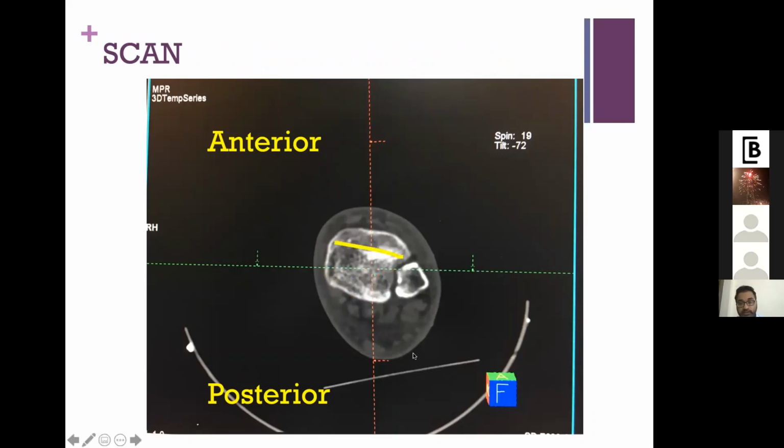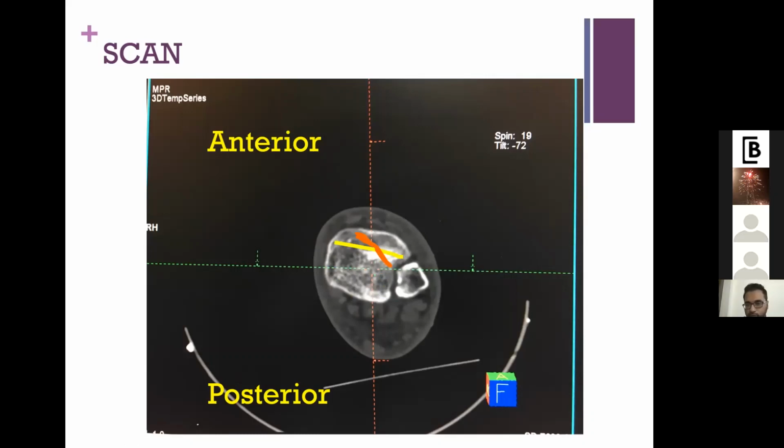And if the fracture is in the anterior part, then definitely there is no use of going from the posterior aspect. You should think of an anterior approach, mainly anterolateral or anteromedial, depending on where the fracture fragment is. And if it is a Chaput fracture, where there is an anterolateral fragment, definitely you should approach through anterolateral, not from the medial aspect or anteromedial aspect. So reading a CT scan gives a lot of insight into your patient,